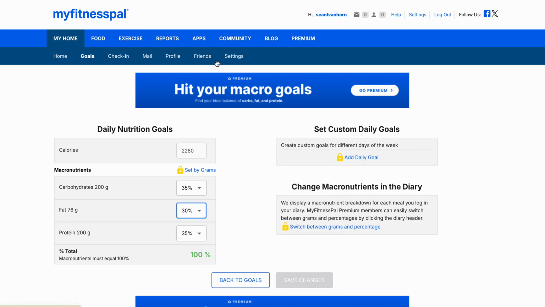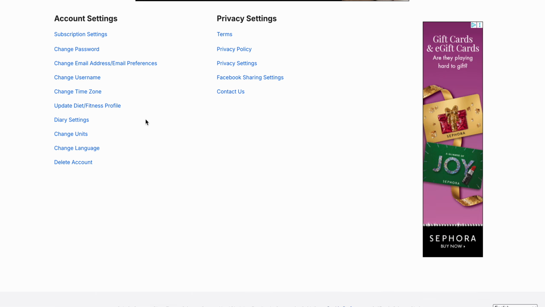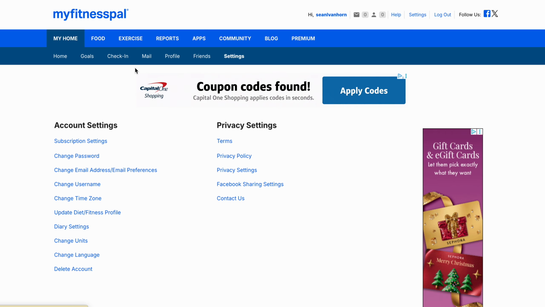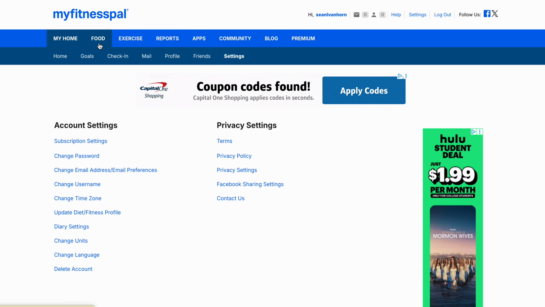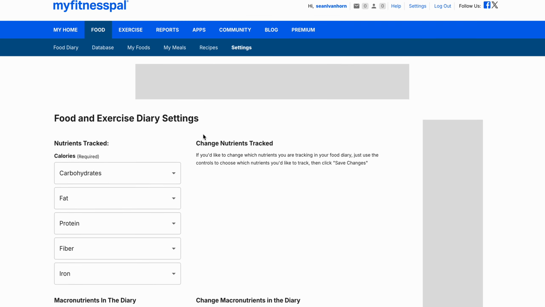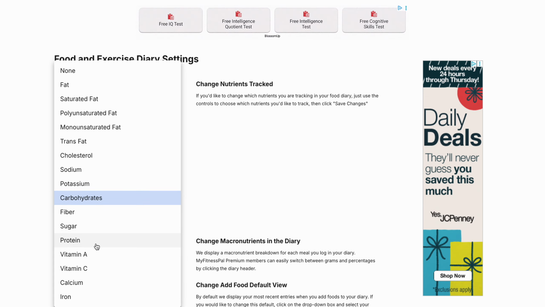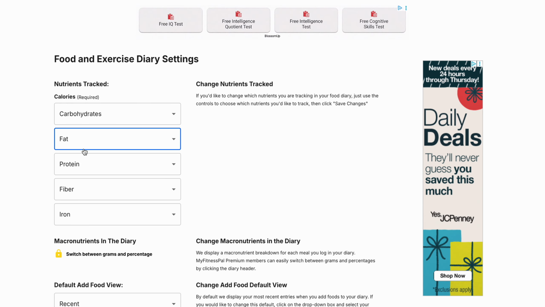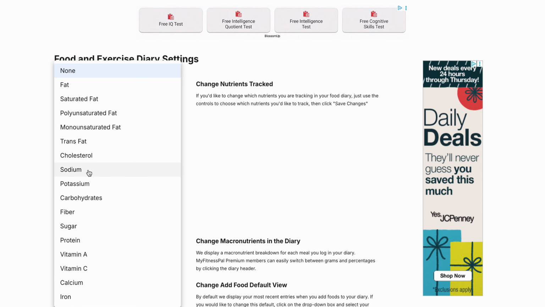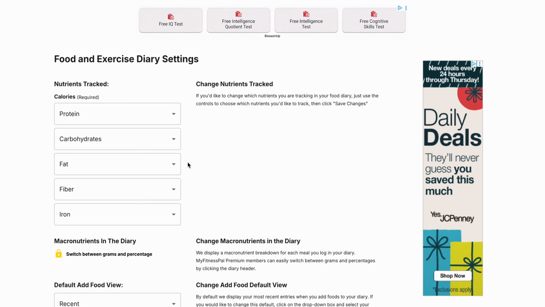And then the second thing I do is I go to my settings, and actually, I'm sorry, not settings. I go to food, and then settings. And then I have my stuff here. So what I try to do is I try to have protein first, and then the next category is fat, or no, protein first. It's not letting me do it. Okay, I'm gonna have to do this. So I do protein first, and then I do carbs, and then I do fat, and then I track fiber,